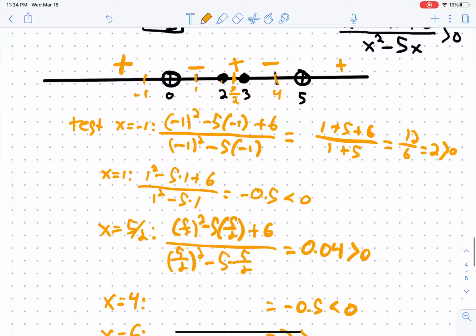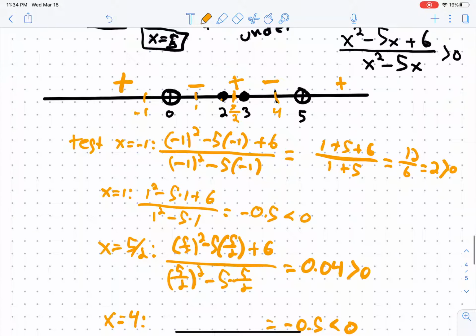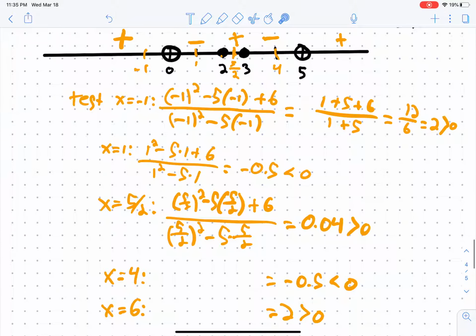Now, we're interested for this problem in including all of the places where this function is bigger than 0, not equal to, but bigger than. And that means we're going to include all of the numbers down here up to, but not including 0. We're going to include the numbers between 2 and 3, but not including 2 or 3. And we're going to include the numbers above 5. So our solution goes,